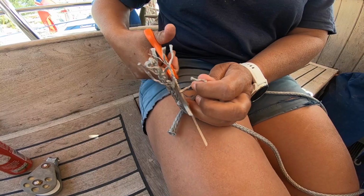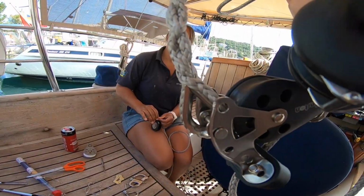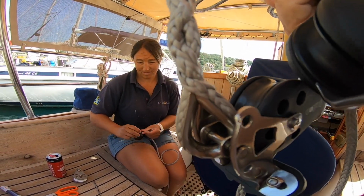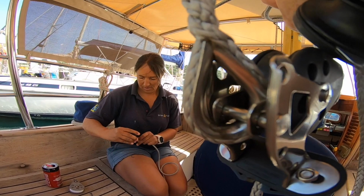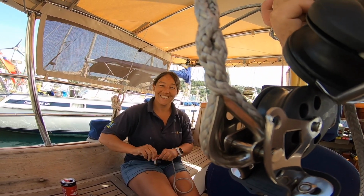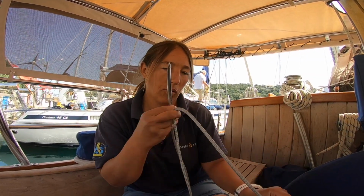Here I am just thinning out the end. And this is one we've already made. So we've done one, and the assistant Igor in the background, hello, is making number 2. So that'll be on camera. Okay, good. So what we're doing at the moment, we're taking the long end, the loose end,